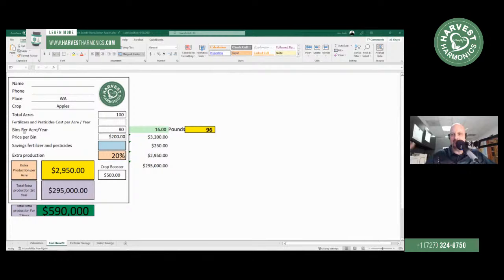And basically, you have this huge bin full of apples, right? And so he's saying on an average per acre basis, he's currently producing 80 bins per acre per year, right? And then I asked him, okay, well, how much are you getting when you sell the apples? How much do you get per bin? And he told me he's getting $200 per bin. And I said, okay, great. So if you're currently producing 80 bins per acre and you're getting $200 per bin, that